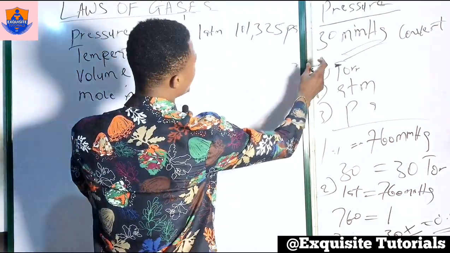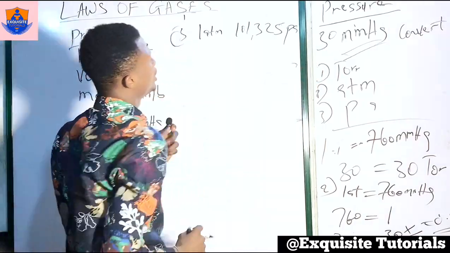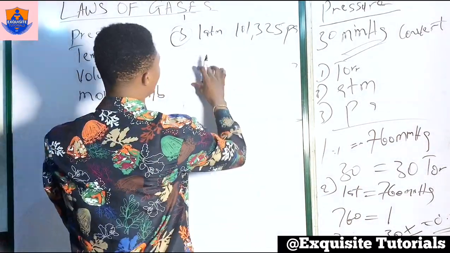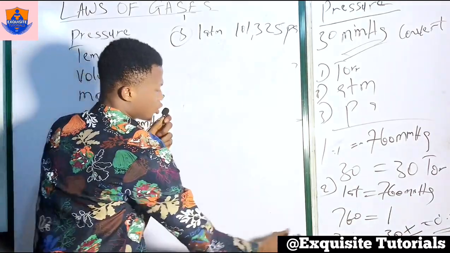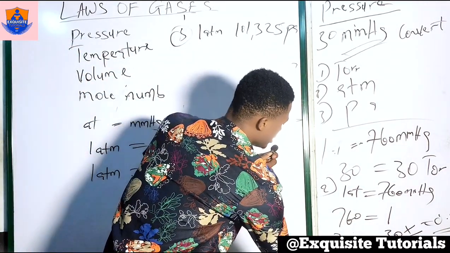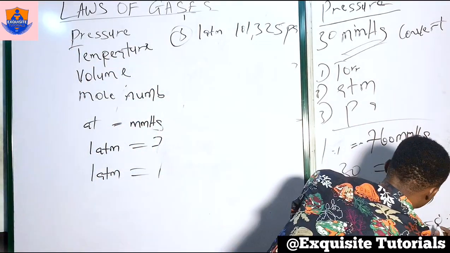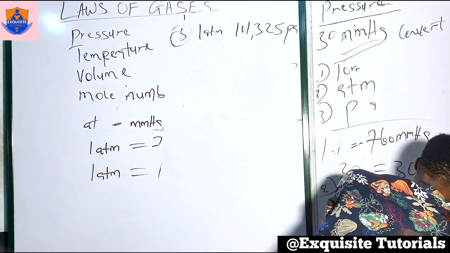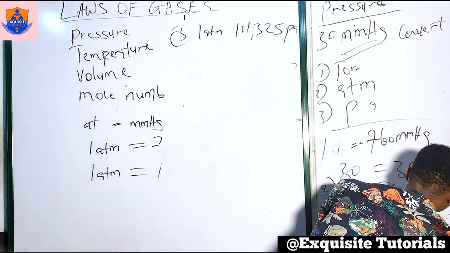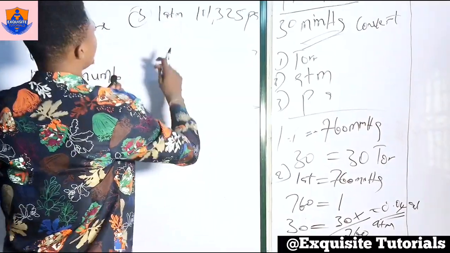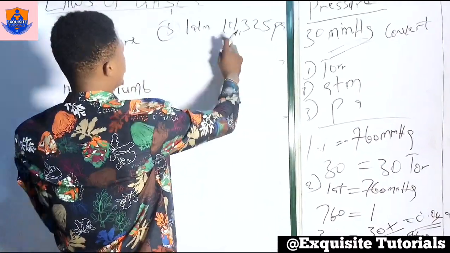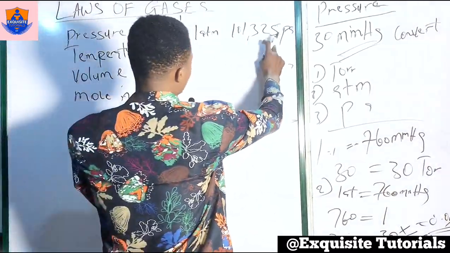Now we are given these as 30 millimeter mercury, and remember we are converting to Pascal. We have succeeded in converting this 30 millimeter mercury to ATM here. Remember this one is in ATM, right? Which means that if 1 ATM is equal to 101,325 Pascal,